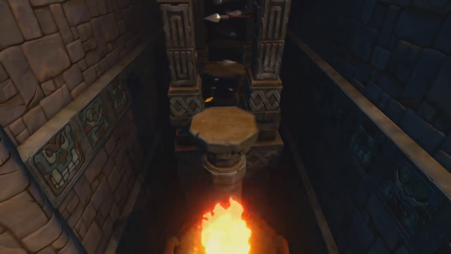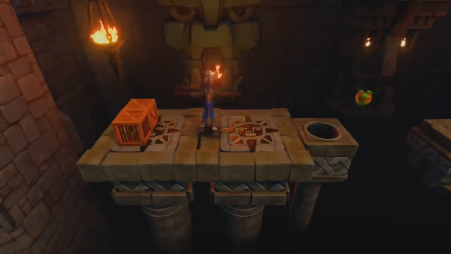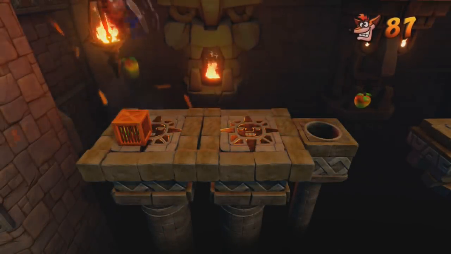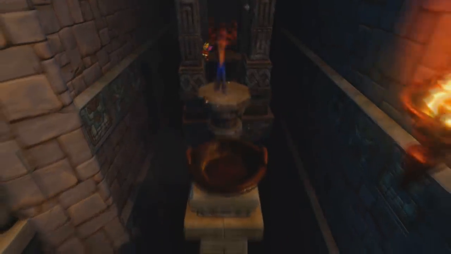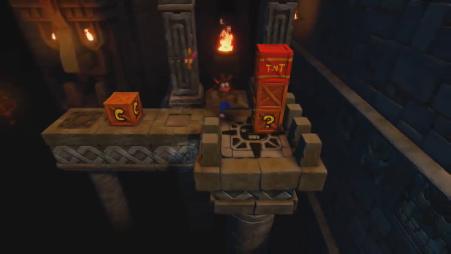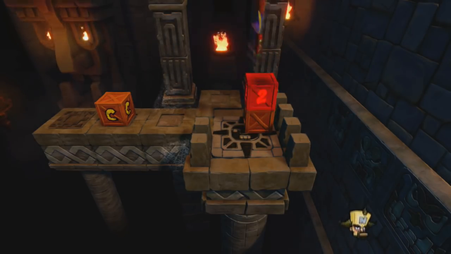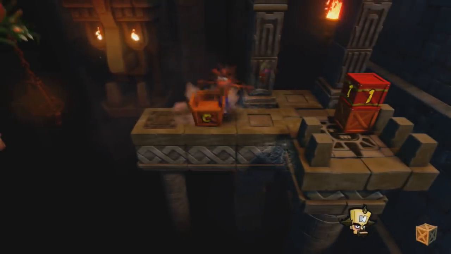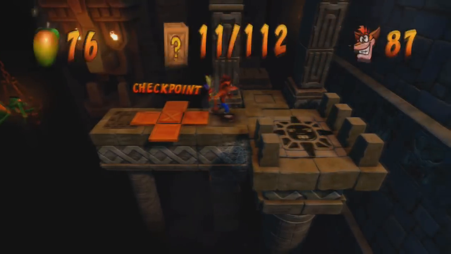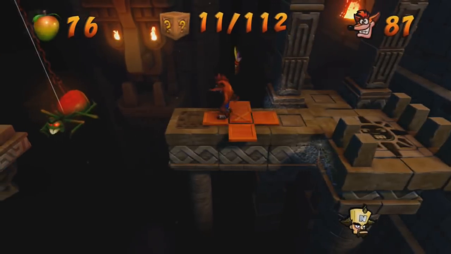But this level should be a nice change of pace after what we've dealt with for the last couple of levels by this point. Also, we have to start from the very beginning, really. Okay, made it further. And there's a Cortex token right there. Hopefully that didn't screw up the boxes. I don't think it did, but...